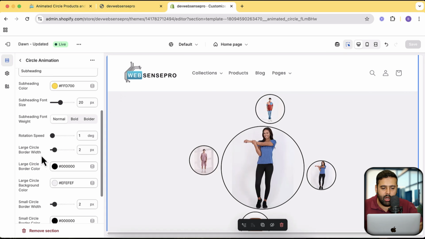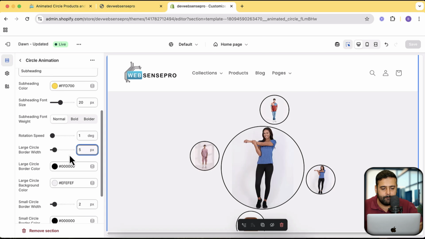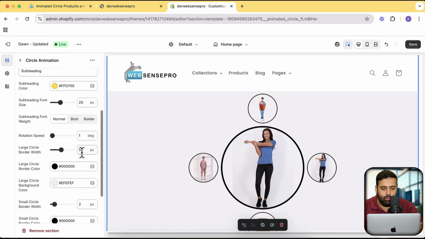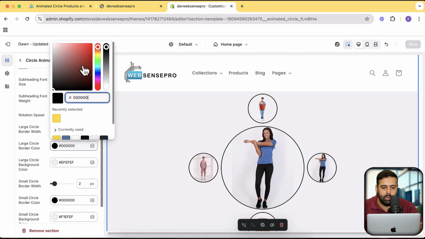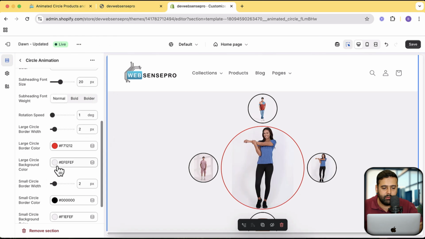Here we have the large circle border width. So we can increase the border width or decrease it if we want. Right? Similarly, we have the same border width for the small circles here. And we can also change the border color. So if I change the border color to red,